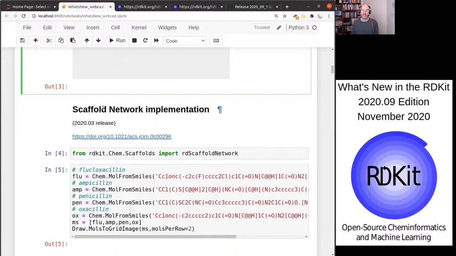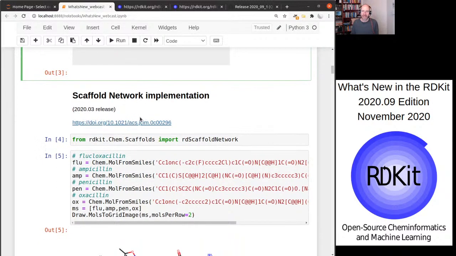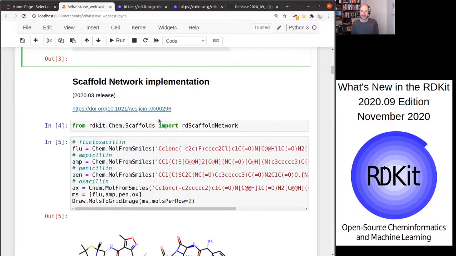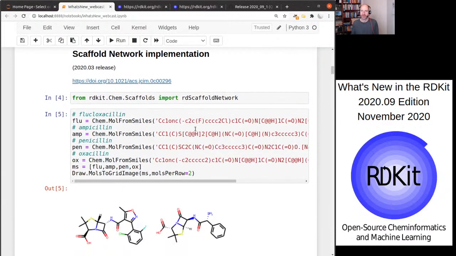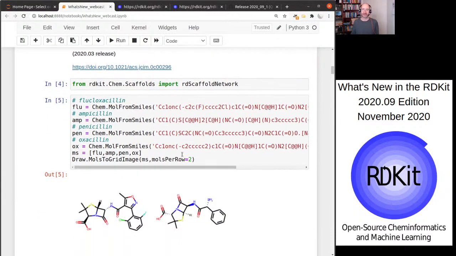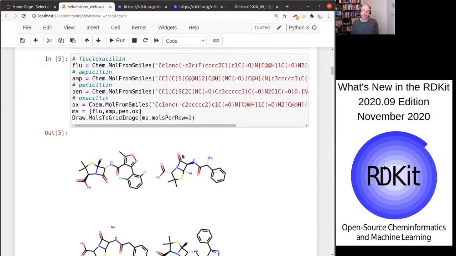presentation. So the scaffold network implementation. This is also something that was added for the release earlier this year. We did an application note on this. This was an application note I did together with Nick Stiefel and Francisca Navarez. There's a new module, RDKit Scaffold Network. I'll demo that using a standard scaffold network set of demo compounds, which is these 4